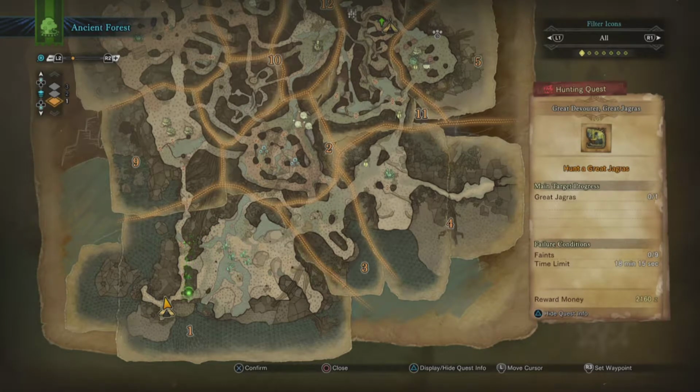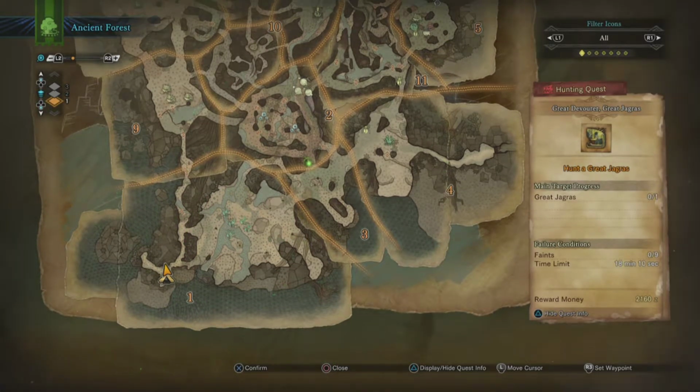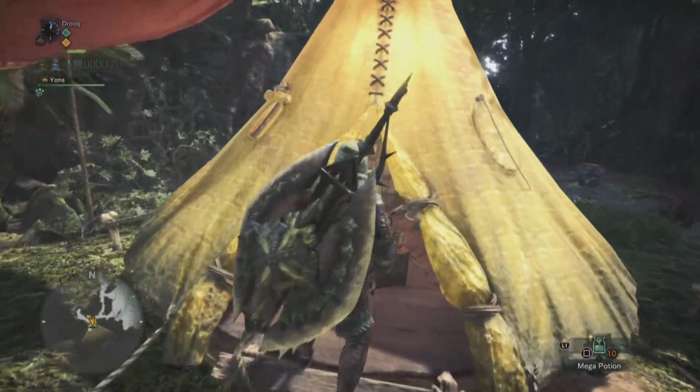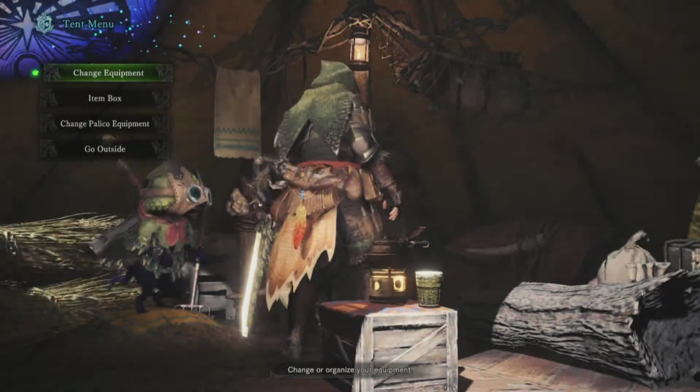Great Jagras really loves eating monsters whole, so there's 2 giant areas for that for us to explore and learn about where he might reside. Area 1 has Aptonus, and Area 4 has... I forget the name of the monsters, but there are monsters that reside on the beach, and we will definitely run into those. Before we head out, though, if we go to our southwestern camp, Area 1, we can change